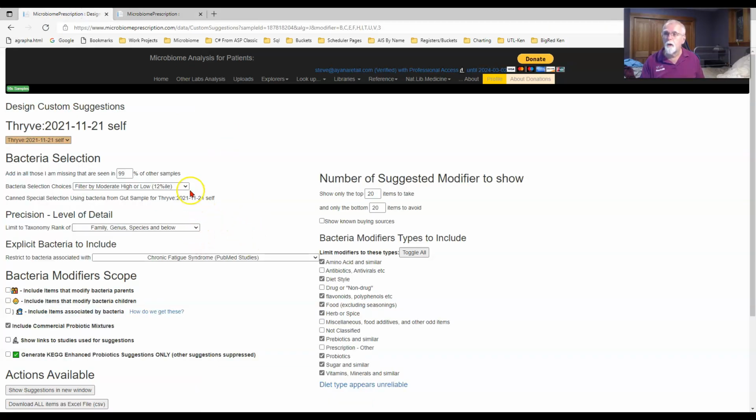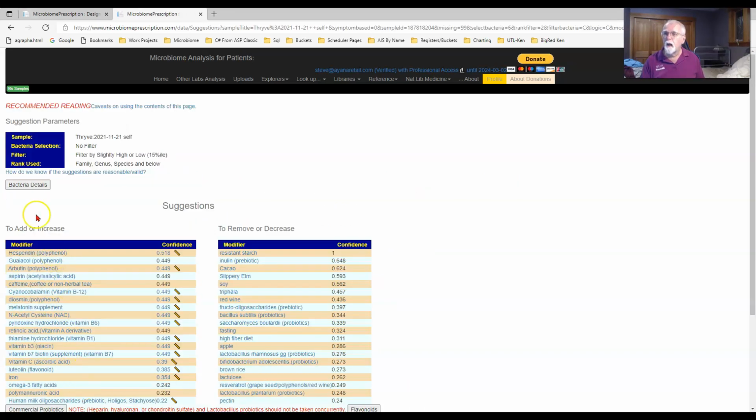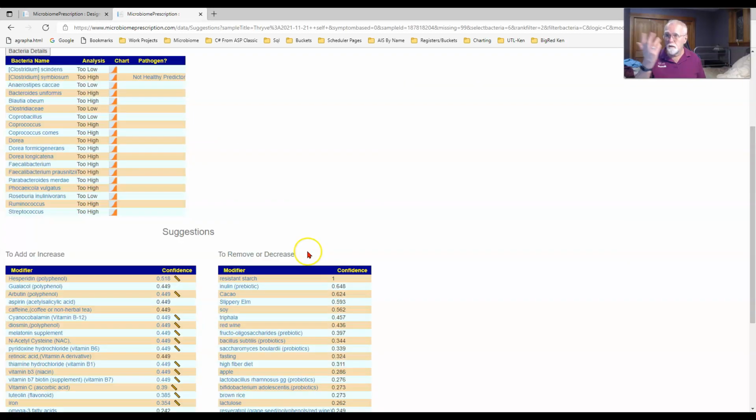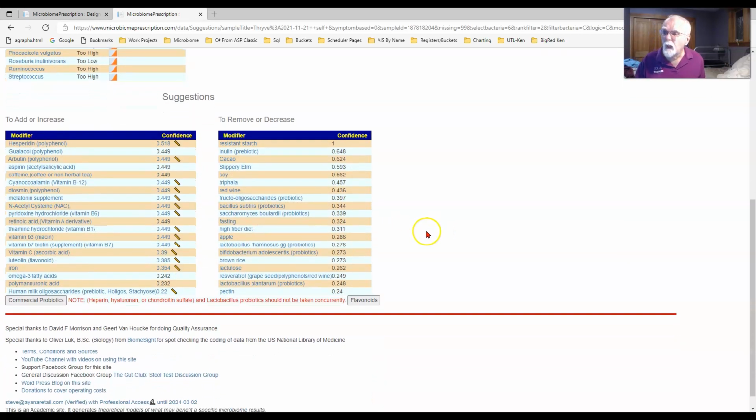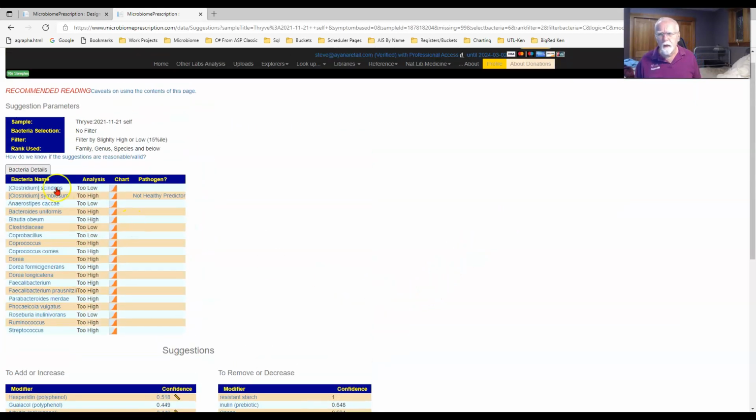We can go up one more. And let's go all the way to the 15th percentile just for the sake of it. Let's see what we have. We have a much longer list. A list I'll probably be happier with. And we can see where things are organized. Here, vitamin B12, classic for chronic fatigue syndrome. We have some things moved over there, like cacao and inulin, which have moved over. So we end up having a little bit of disagreement. Again, the disagreement is because we're picking different bacteria and trying to shift them. We don't have things in common.